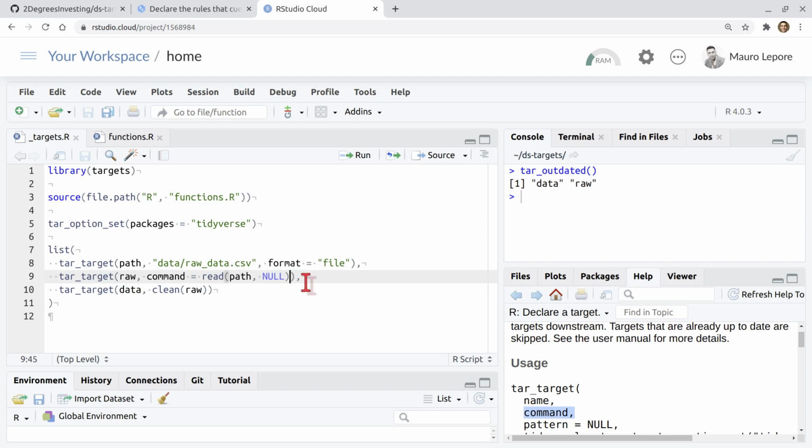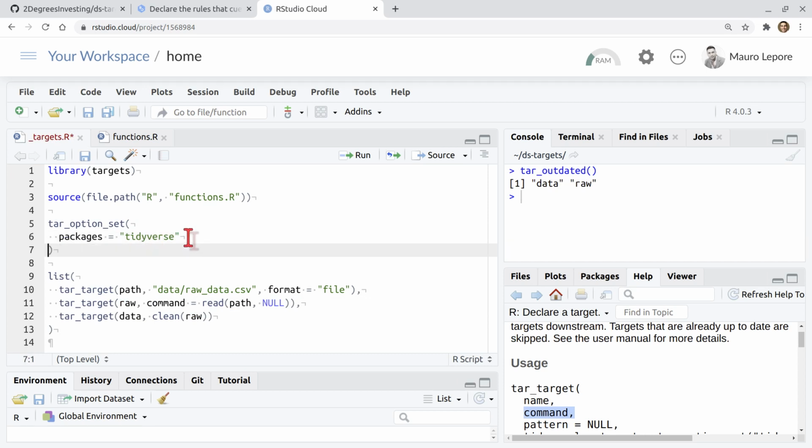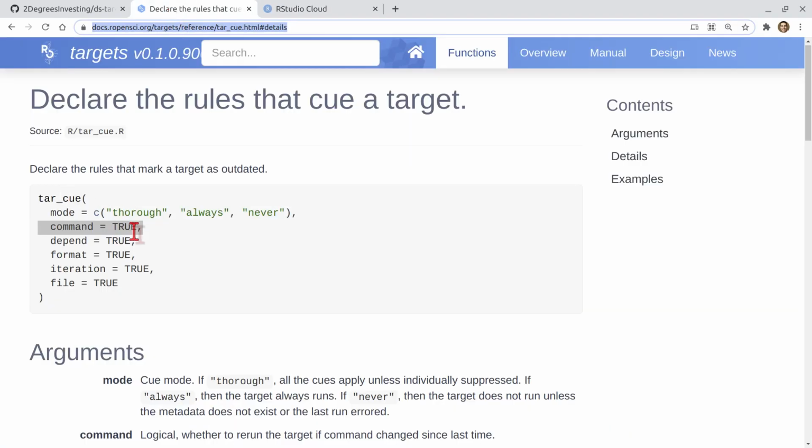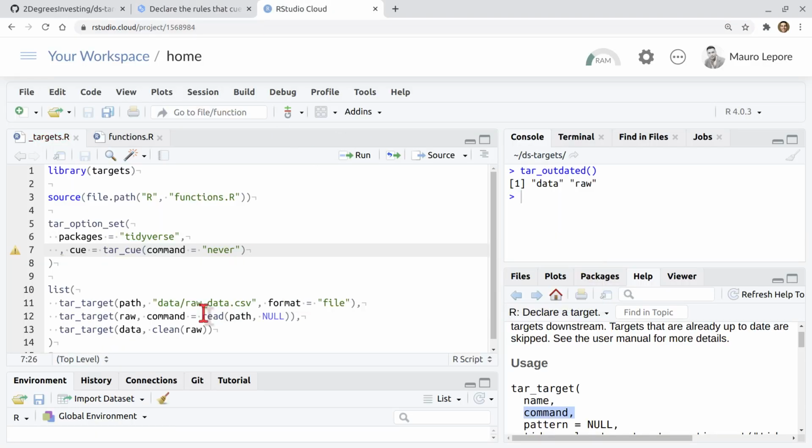I can change that if I say, I'm not sure, I think I can do it here too. Let me reformat this a little differently for comfort. So I'm going to say command, and the default is true, right? So if I say false, we expect the opposite behavior. So let's do command false